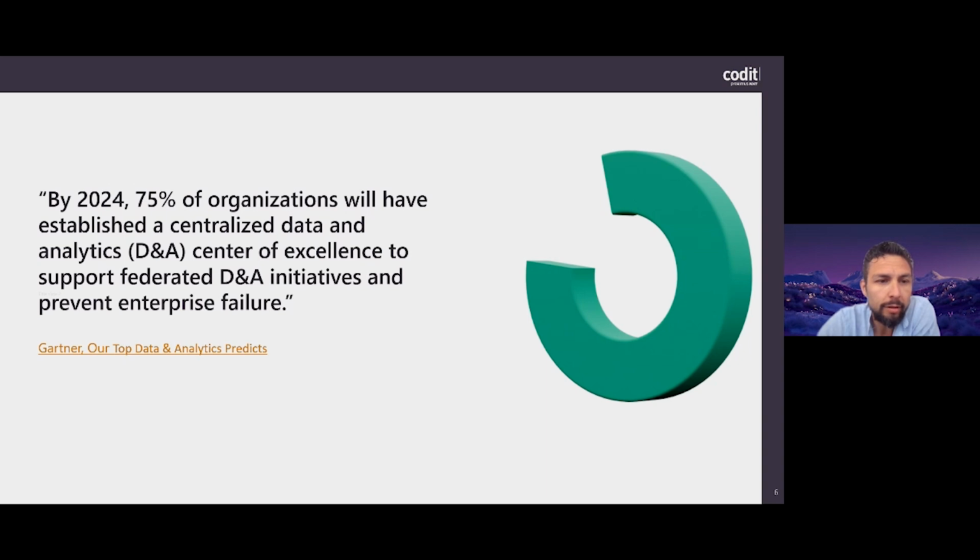If you look at the market, at what other companies or organizations are doing, then we see that a lot of organizations are already thinking about setting up a centralized data and analytics center of excellence to support all of the initiatives that people within the organizations have based on the data and analytics use cases they are thinking of.